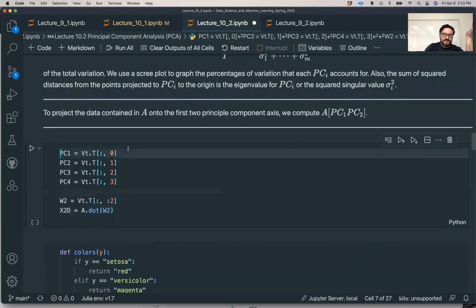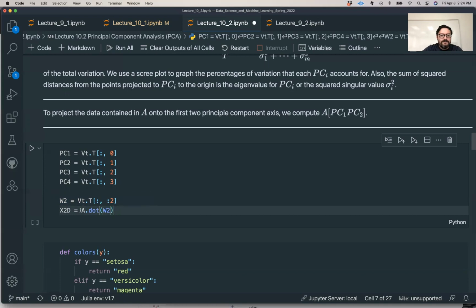Because here, this is the important stuff. So here's PC1, PC2, PC3, PC4. Recall that these are 4x4, like V transpose is a 4x4 matrix, right? And then here are the first two singular vectors, 0 and 1 singular vectors. Recall that this is non-inclusive on the right-hand side. So it's 0 and 1 columns from that